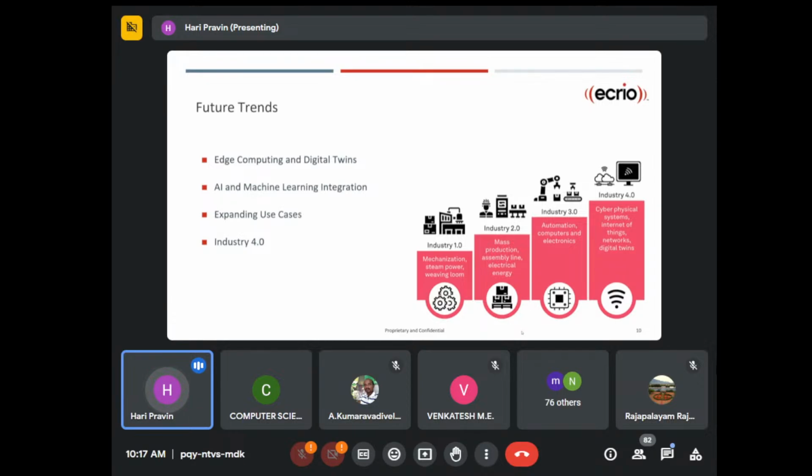But if you go to European countries and the US, it is mostly machines. And we talk about hydroponic farming and other things where having temperature values, water level, and other things are very important, so that you can monitor your entire facility at any point of time with less labor cost. So edge computing and digital twin would reduce the cost of your initial computer, and you can connect to the cloud directly, and from the cloud you can connect to your home or your office or whatever it is. Okay,